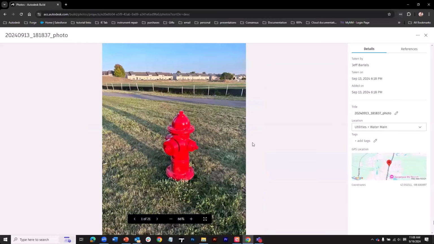Another navigation option. When a photo is open, we can view its metadata over here to the right. The metadata is sorted into two tabs, Details and References. We'll talk about Details first. On the Details tab, we can see who took the photo, when it was taken, and when it was added